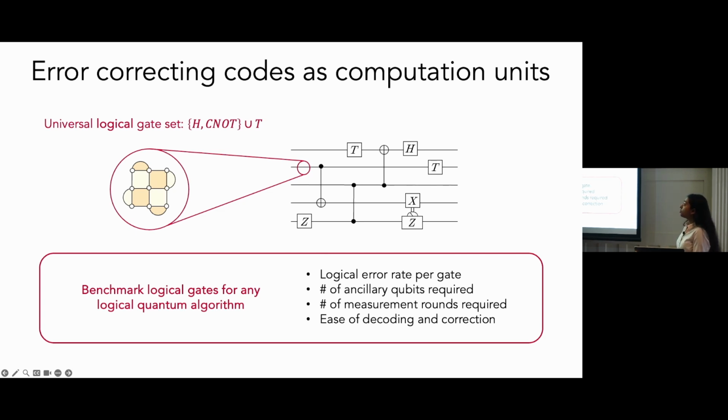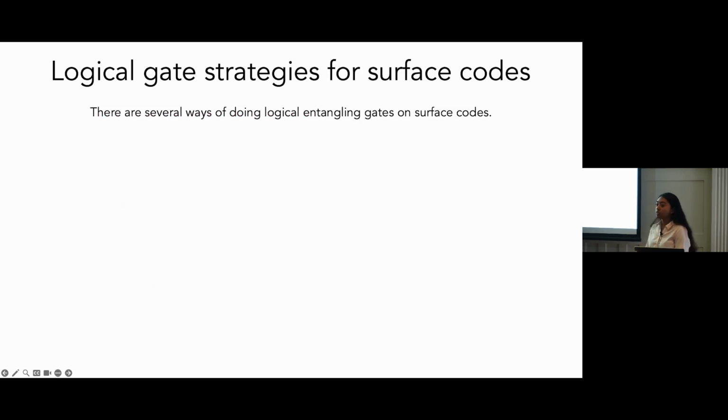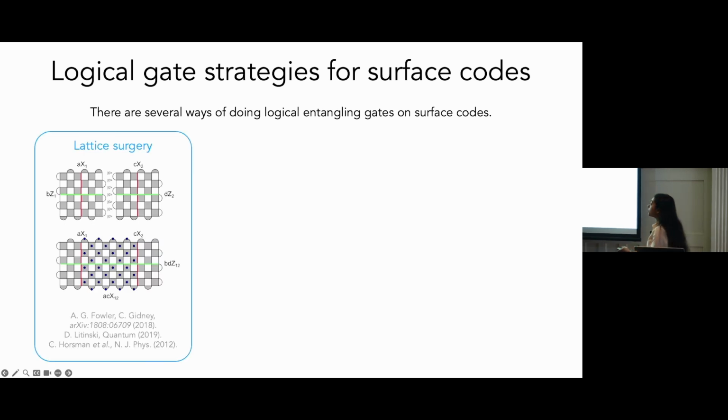In this talk, I'll be focusing on the logical CNOT and specifically on logical CNOTs between surface codes. The surface code in particular is nice to focus on because there's been a rich history of people studying ways to do gates on surface codes. A well-known approach that is established for fixed qubits that you can't move around between each other is lattice surgery. So you have your static surface code patches,